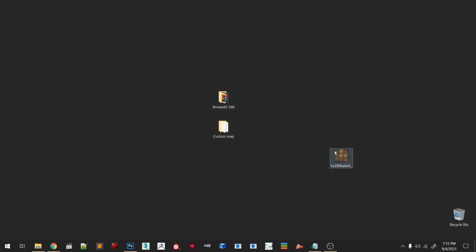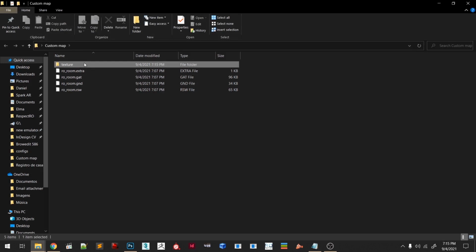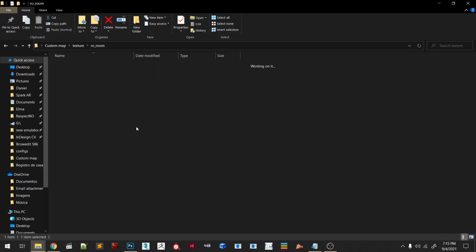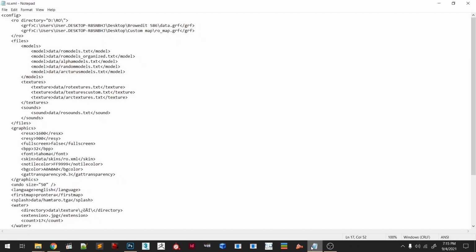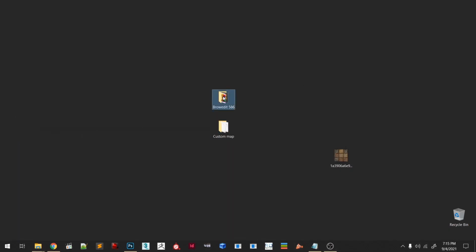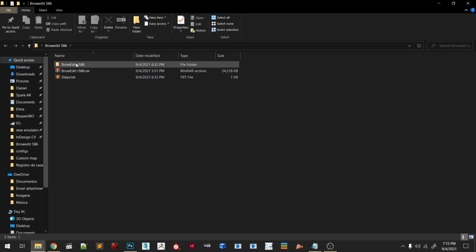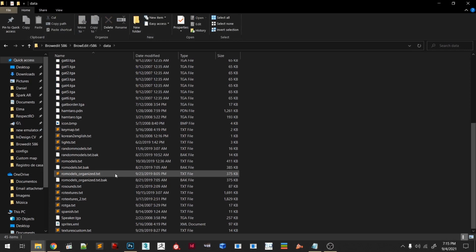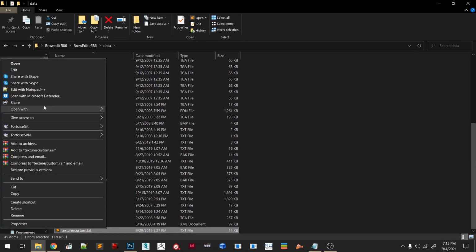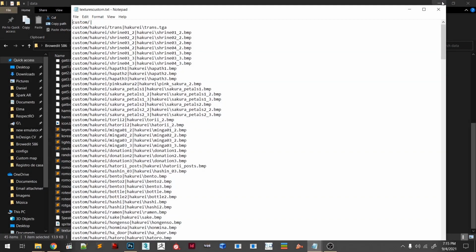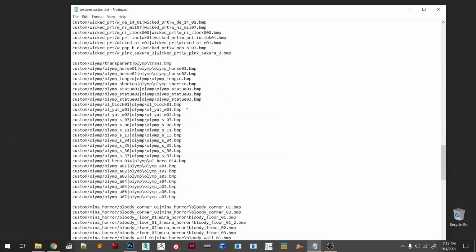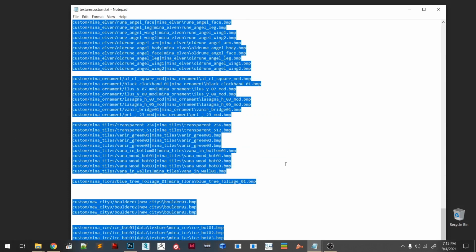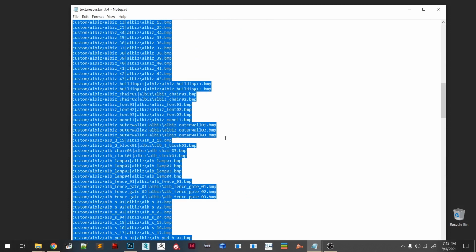Now we're going to import this texture into BrowEdit. So what you want to do is go to the location, and you want to open BrowEdit, data folder, texture custom, and in here you can Ctrl A and delete everything.